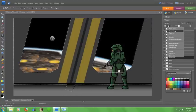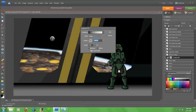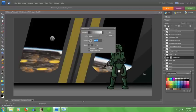When you do that, it gives you several options. The gradient should be black to transparent, and the layer style should be linear. Now you can use the little angle wheel to pick a direction for your gradient to go. Then, if you uncheck the Align with Layer box, you can click and drag to position your gradient just where you want it. For this project, I did this step 3 more times to add gradients to the wall at